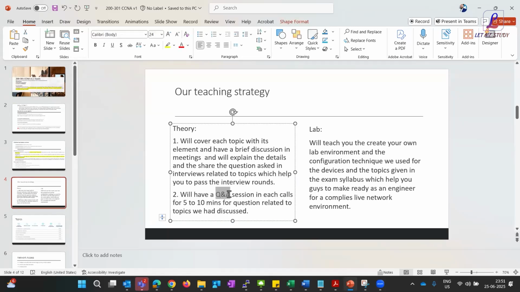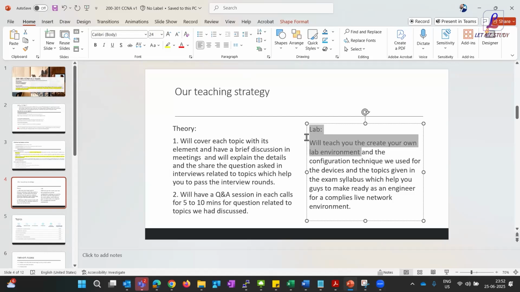We can ask questions, or maybe for the previous class, you can note it down. Maybe you are working or reading, and then have your queries there. You can ask me that question, and we will try to get the answer from that. This is basically a theory class, and then the lab is to